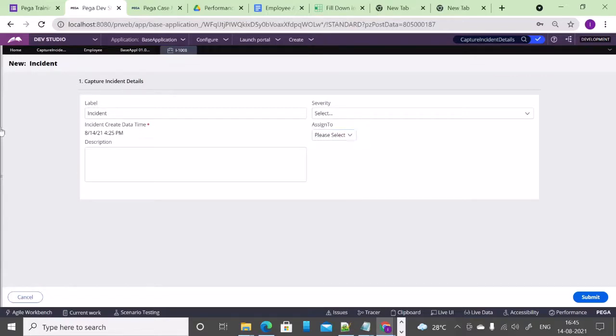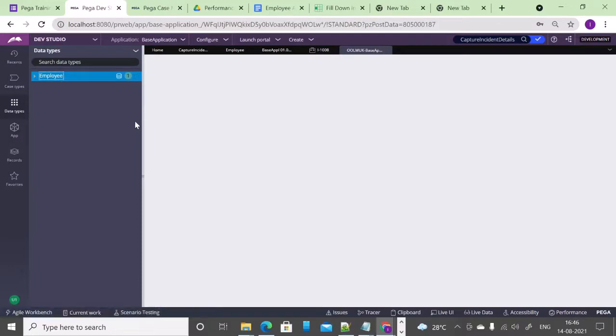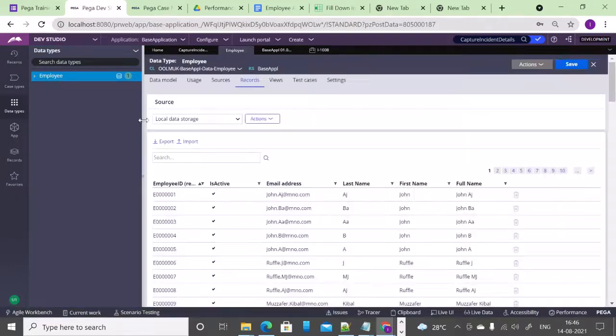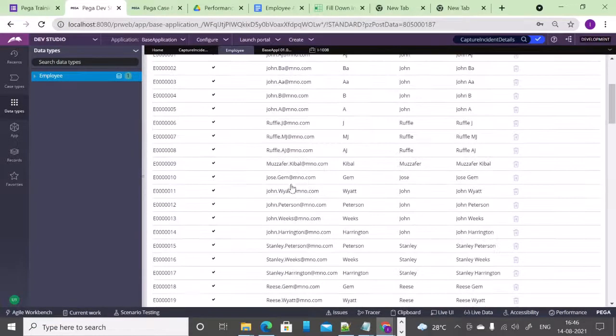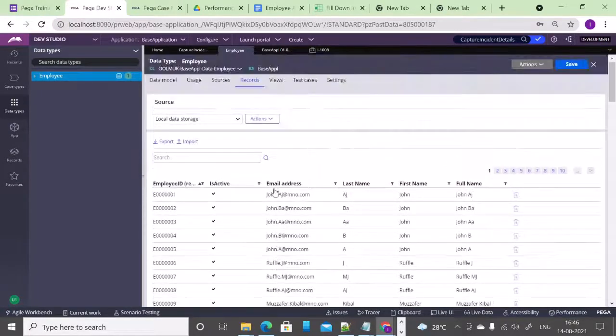In fact, I've even created an employee table too. So I have created the data type, and uploaded close to 20,000 employee detail records. It's all dummy, randomly generated employee details.